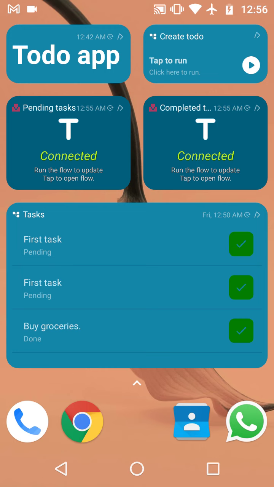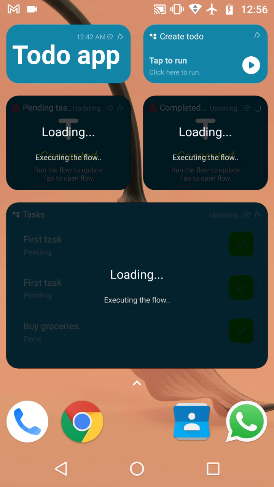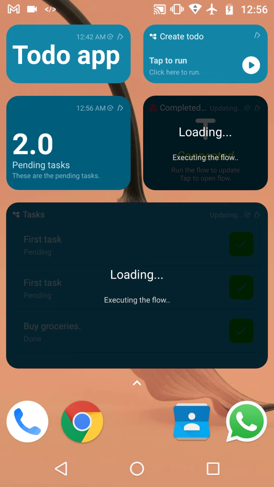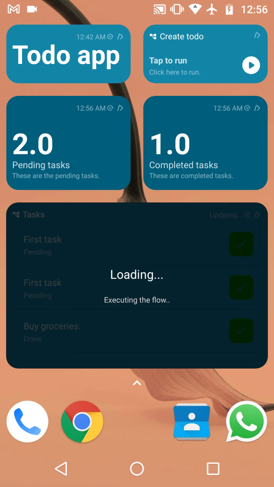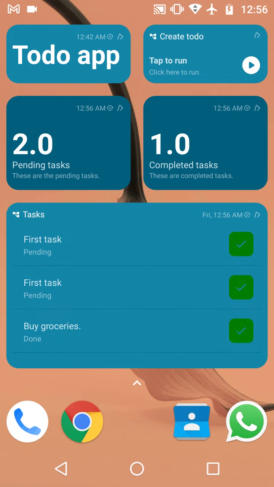So before testing everything, let's refresh this one once. I also forgot one more thing. I'll just go back and do that. Okay, there are two pending tasks and one completed task, and we can see that's true.